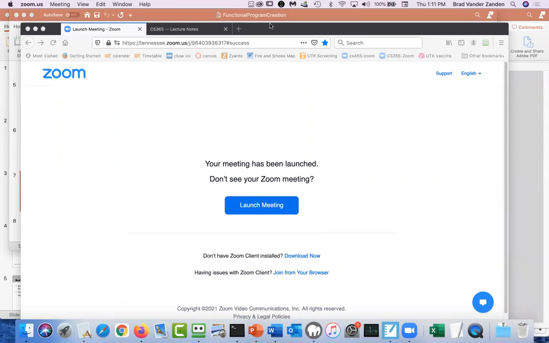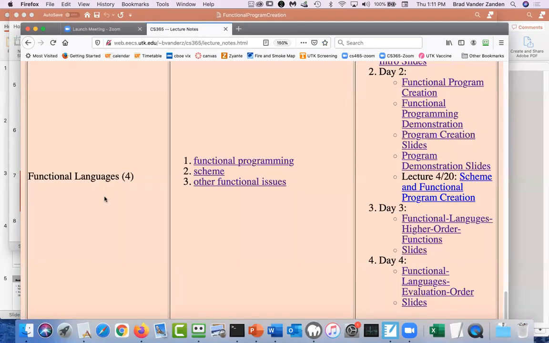Okay, so we've got 2 class periods left, and we're obviously finishing up functional languages over the next 2 class periods. So today we're going to finish up with showing you how to construct quicksorts. I've been trying to give you some examples, showing you how you can construct programs using either tail recursion or an inductive construction. And then I want to show you a more beefier Scheme program that manipulates a deterministic